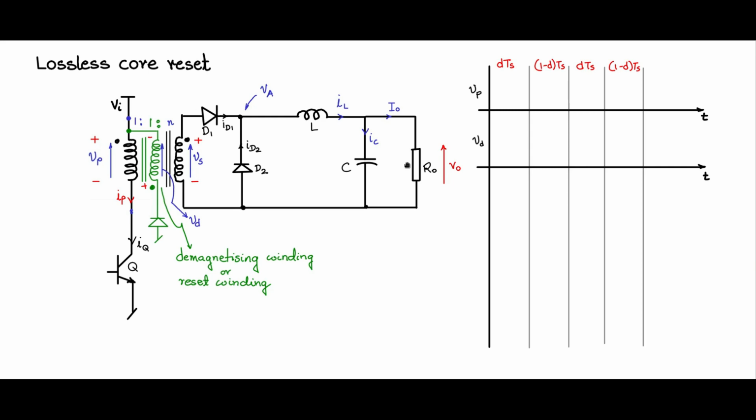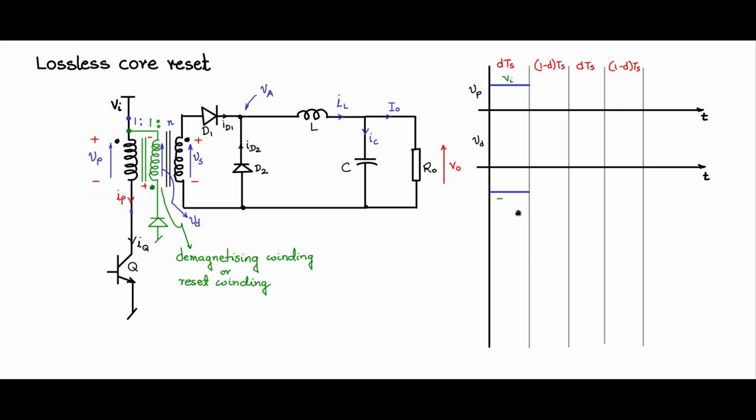And the secondary operation, we know it is the regular buck converter operation. We will not be discussing it now. Let us focus only on these two coils, the primary and the demagnetizing coil. So during that time, Vi comes across Vp, call that Vi, and as I am measuring in this fashion, the dot end being positive, it will appear minus